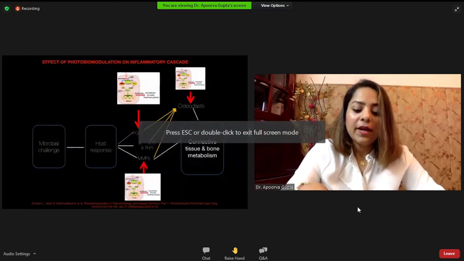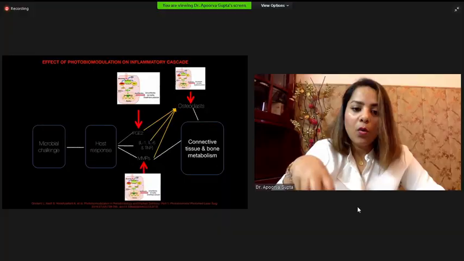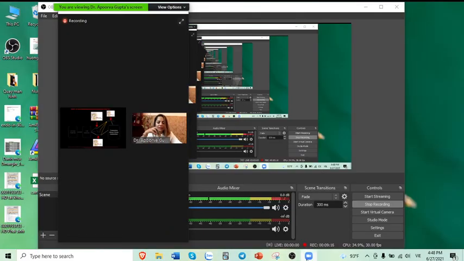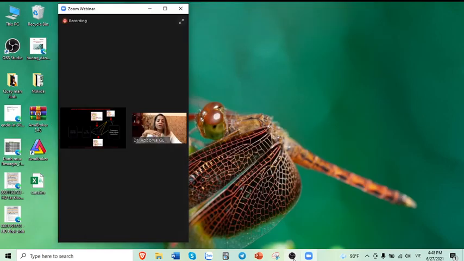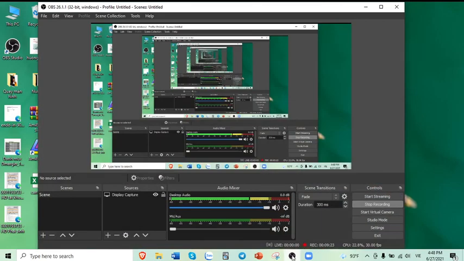The other factor, like I said, is that the microbial challenge leads the host to release some cytokines and some inflammatory markers like prostaglandins, interleukin, matrix metalloproteinases, tumor necrosis factor. All these factors are